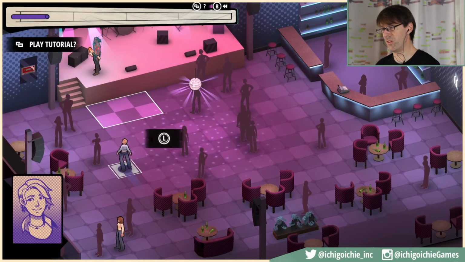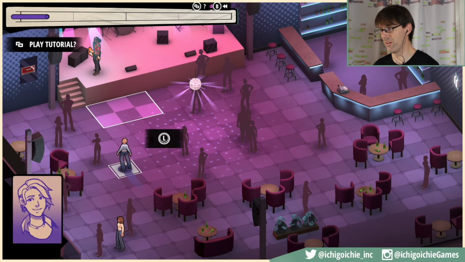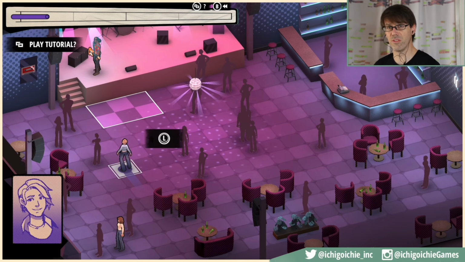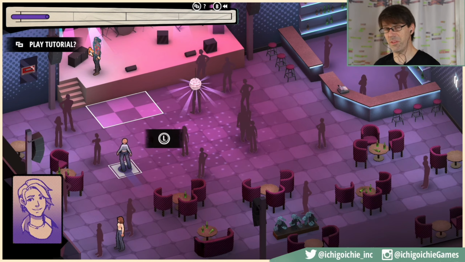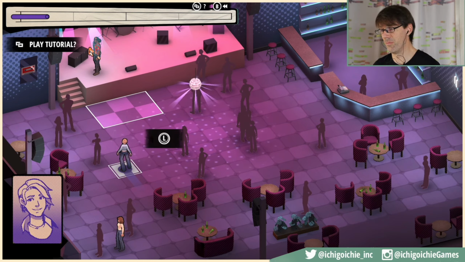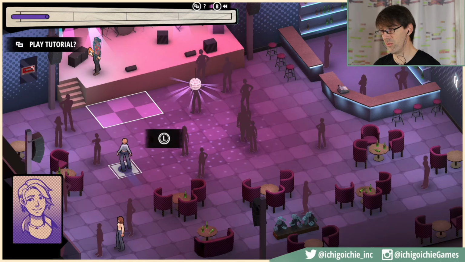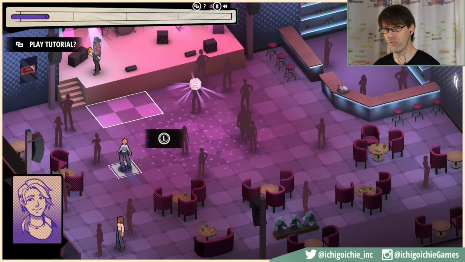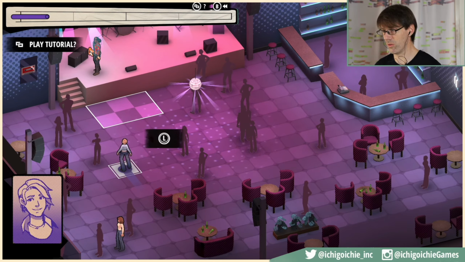So what we wanted to build here was something that really felt like one of those live house scenes. This one's a little bit nice. It's probably the nicest club in the game. And this is something that we wanted to create, a cozy kind of space where you start to feel like what is the world and what is the maximum potential of the characters and their story.